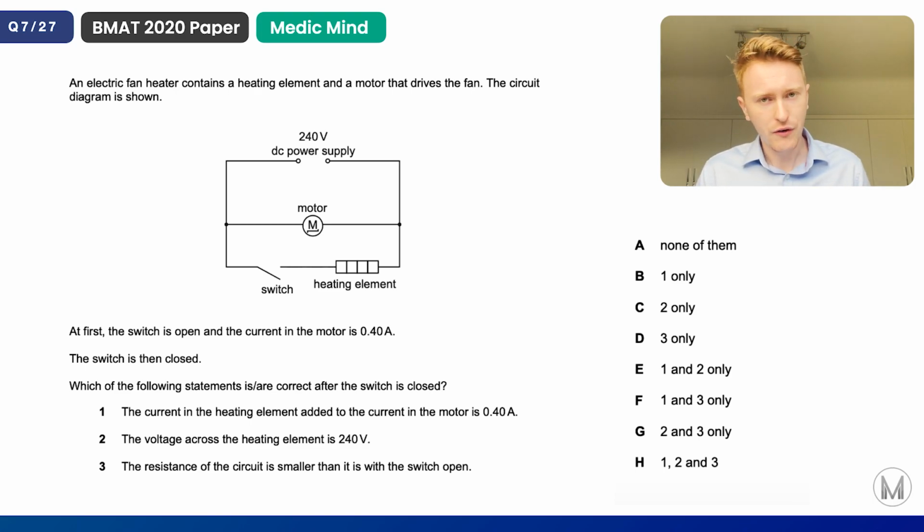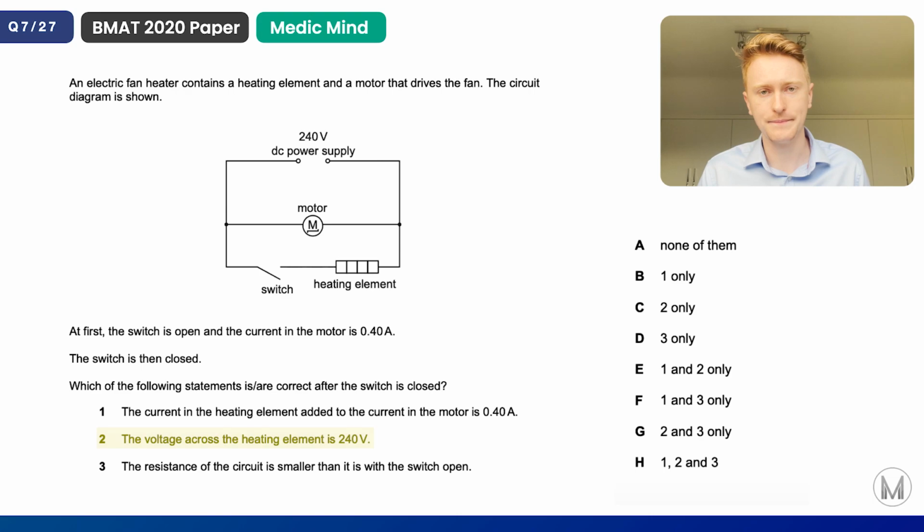You should know from your own GCSE knowledge and potentially a bit further reading that in a parallel circuit, each branch of the circuit receives the same amount of voltage, that is, the same voltage as the power supply. So we can already see that statement number 2, the voltage across the heating element will be 240 volts, is correct. Because once that switch is closed, the circuit is behaving like a parallel circuit, and that branch of the circuit will receive the same voltage as the power supply,